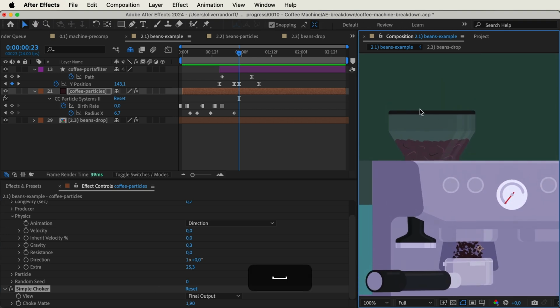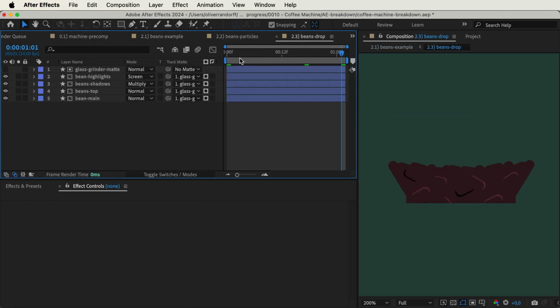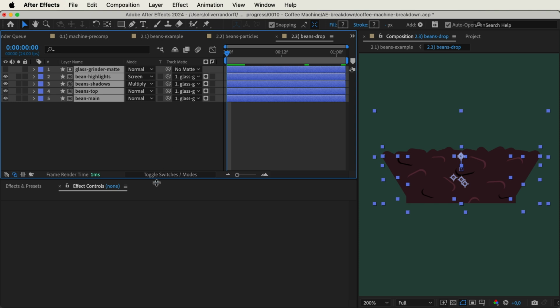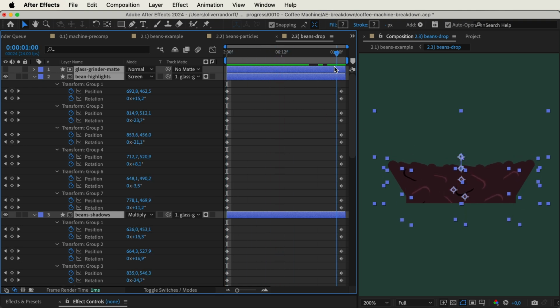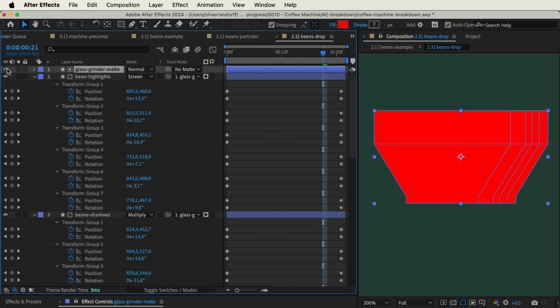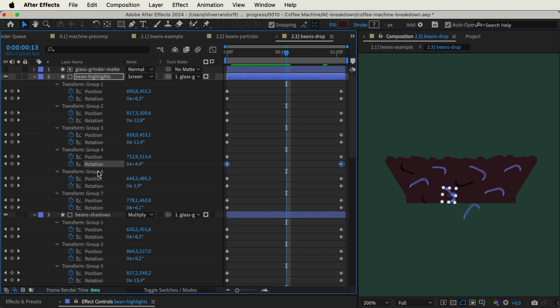And at the very end, we have the bean hop, where we just have the beans falling down. This is also a very simple animation. So if we take a look in that pre-comp, you can just see that there's some simple keyframes here. It's just from A to B. And we basically just have all of the coffee beans moving down, and they are all inside of this mat, meaning that they don't go outside of the edges. We have them just moving down, and we also have some slight rotation on the different beans at the top here and the highlights and the shadows, just so it looks like they're actually falling down towards the center.